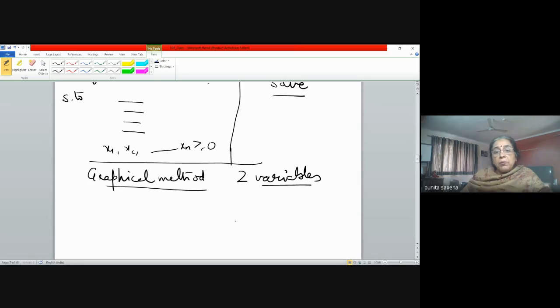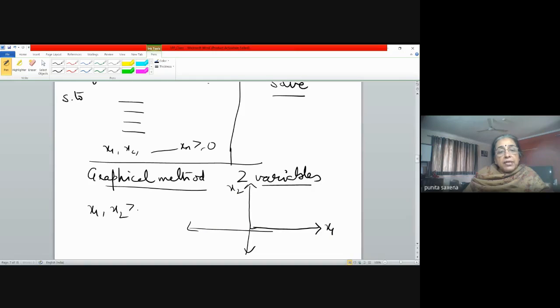Okay, so when we plot them, we'll assume that one axis is for my variable number 1 and the other axis is for my variable number 2, which is x2, ठीक है। Now as such, my x1 and x2 should represent the whole real plane, right? But since I have the non-negativity restrictions with me,